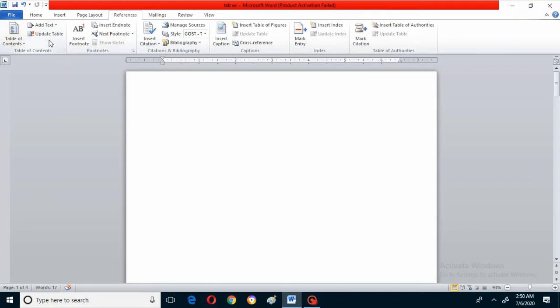Now before explaining table of contents, I would like to explain what is the purpose of using table of contents. For example, you all might be knowing about the books, textbooks. When you open any subject textbook, you will be seeing in the first page index, or you can call it as contents. That means what all contents are there in that particular textbook. Those are written in the form of